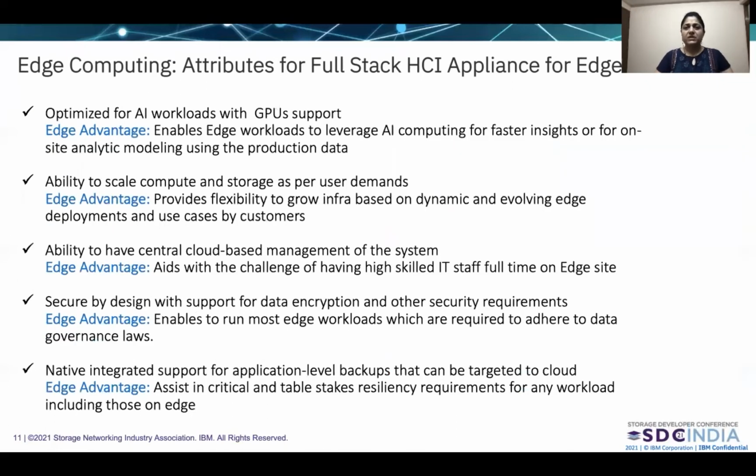Some other attributes that an HCI stack must have are optimization for AI workloads with GPU support. This enables edge workloads to leverage AI computing for faster insights or for on-site analytic modeling using the production data. Another attribute is the ability to scale compute and storage as per user demands.